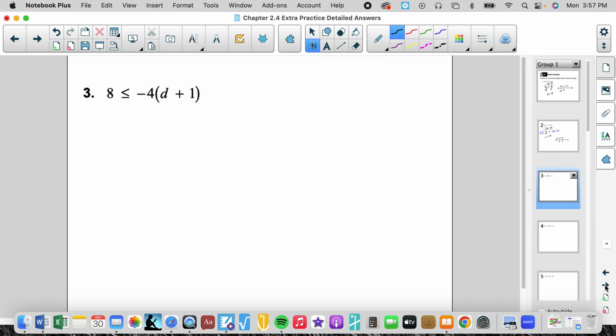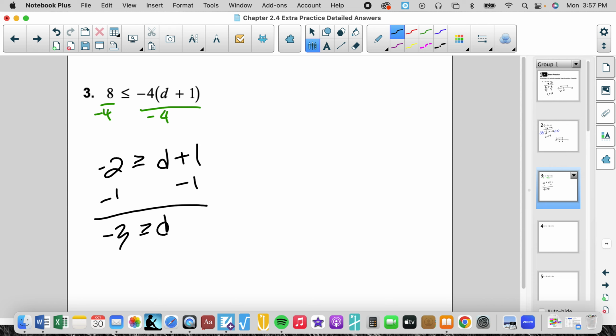This is a good one. So, we could just divide. We don't have to distribute. That's less efficient. We can do this because 8 is a multiple of -4. So we get -2 is greater than or equal to. We still divided both sides by a negative, so we have to flip it. And that gets rid of the -4. And look how efficient that was. That is really nice. So D is less than or equal to -3. 0, -3, closed circle